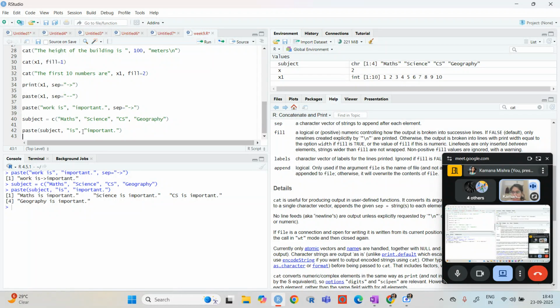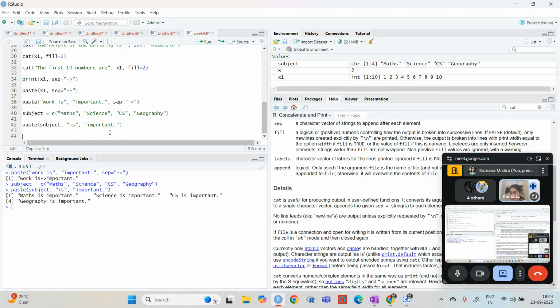But you can see that if I do like this, what is the paste function doing? The paste function will go here, and then here, and then here, and then here. So it will say maths is important, then science is important, then CS is important, and then geography is important. So that is the paste function. Okay.